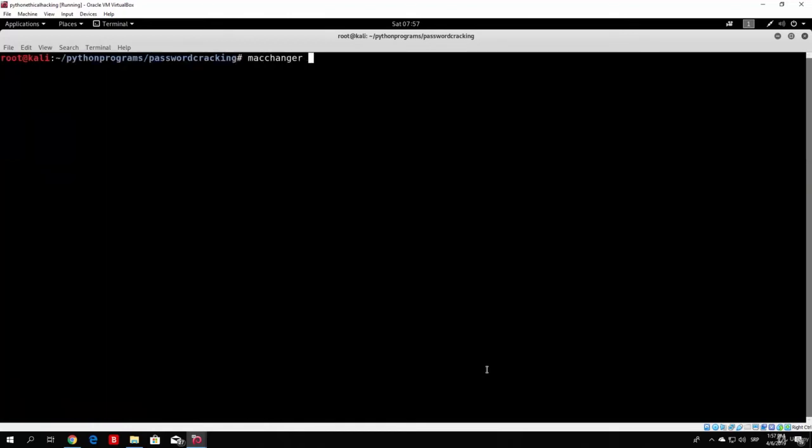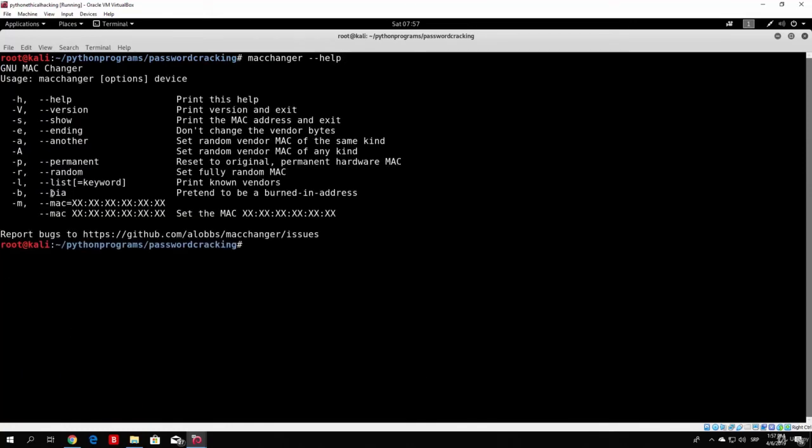Let's run macchanger --help. So we can specify it with -m, and then --mac equals this. So we will use --mac equals, and then we will specify some random MAC address. So let us do that. --mac equals, and then we can specify